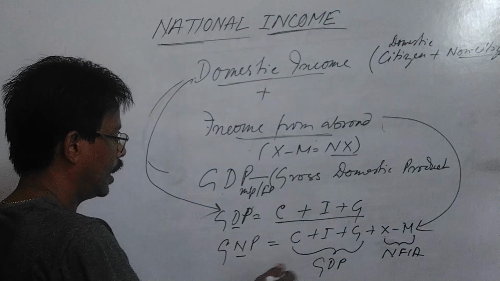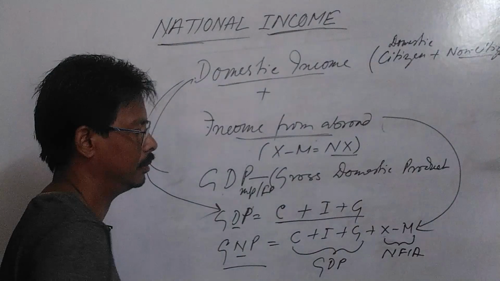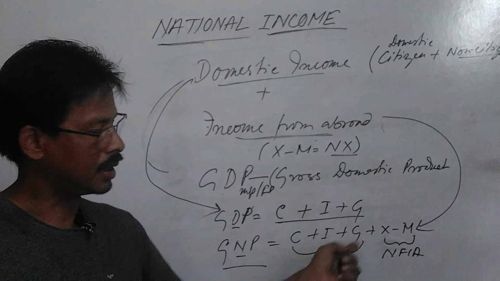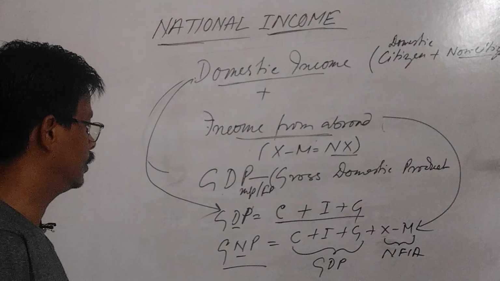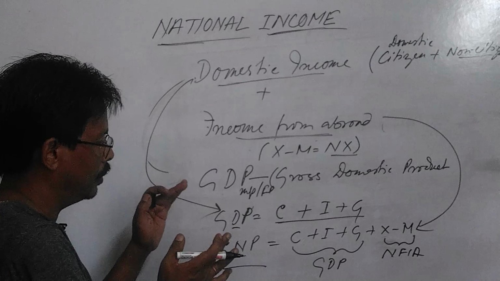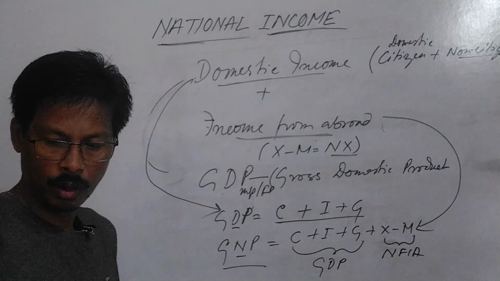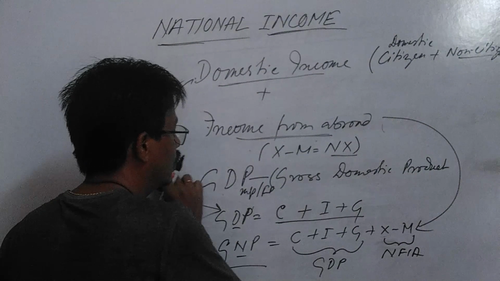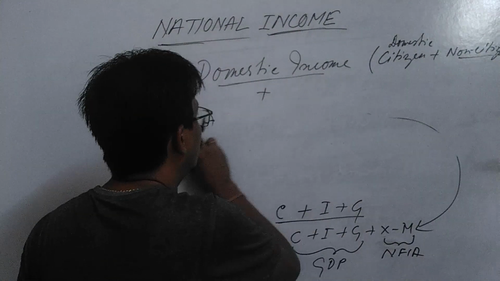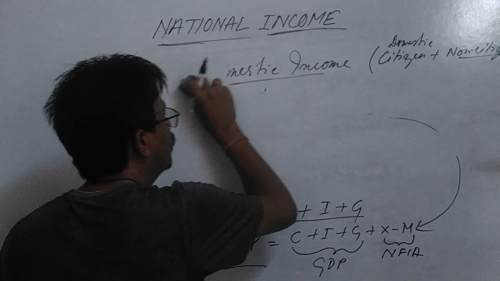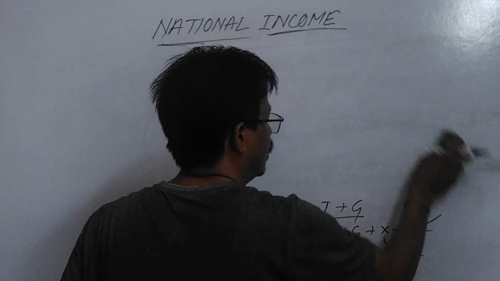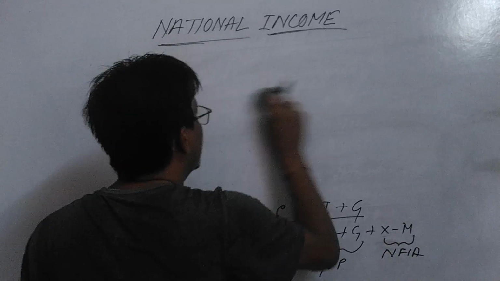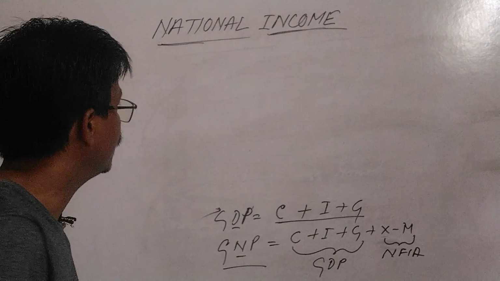When these two accounts are calculated, we will obtain gross. Instead of domestic, we have to write national because it includes income from abroad. These are the two main concepts of calculating national income. Now, from these two, when we are going to obtain the estimate of national income, we have to go through some deductions. That is,